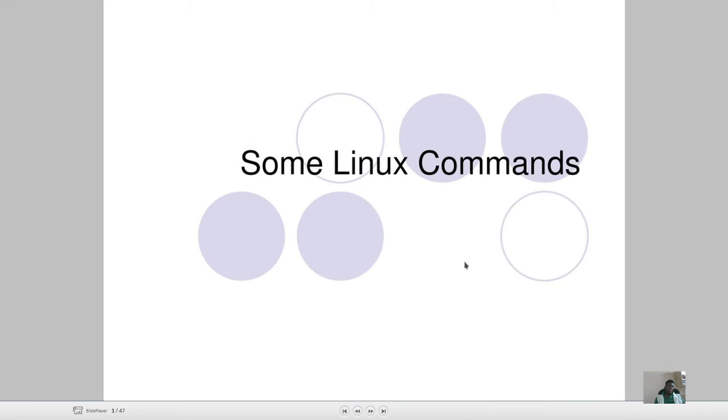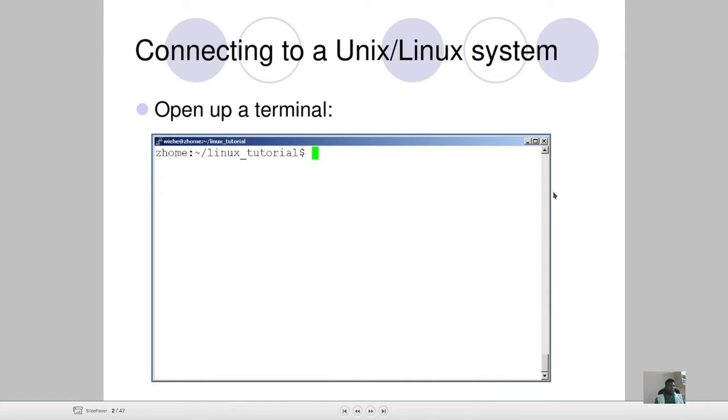Great. So some Linux commands. I've got about 47 slides. Might not be able to finish all of them. Hopefully, we'll see how much of it we can take. Yeah. So